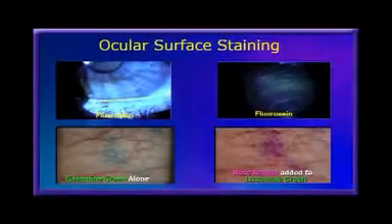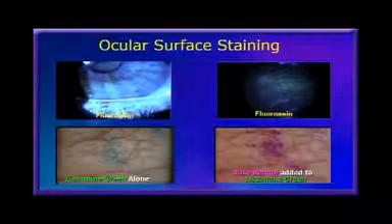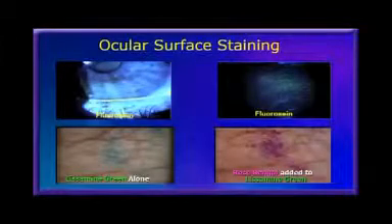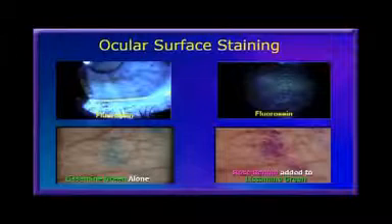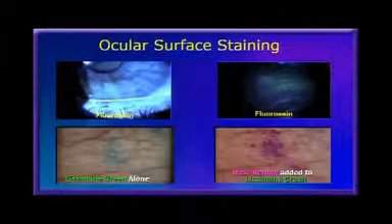Now, the bottom left has been my major capital equipment purchase ever for diagnosing dry eyes, and it's a vital stain. Lissamine green is my favorite. Unfortunately, it requires a formulating pharmacist to produce it. It's not otherwise on the market.